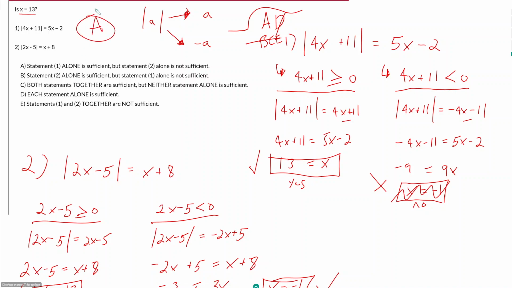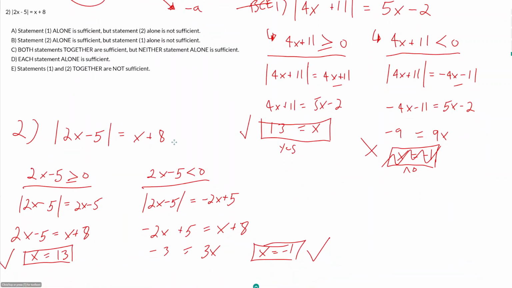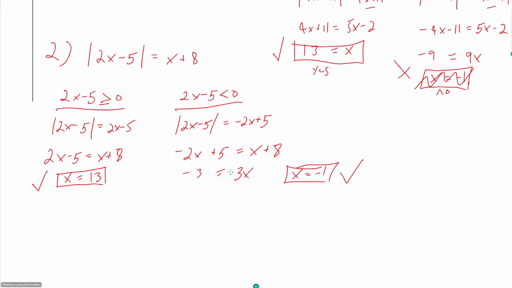A is the answer. And one last note just about why statement 2 is insufficient, and this is a good data sufficiency lesson that is sort of universal to data sufficiency. Why is it insufficient? It's not just because we have 2 different values for x. Let's say we had a different situation where we solved and we got, x could be 4 here and x could be negative 1 here. Well, if this happened, our answer would have actually still been